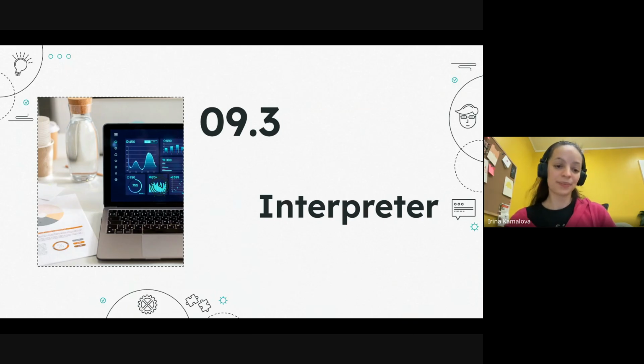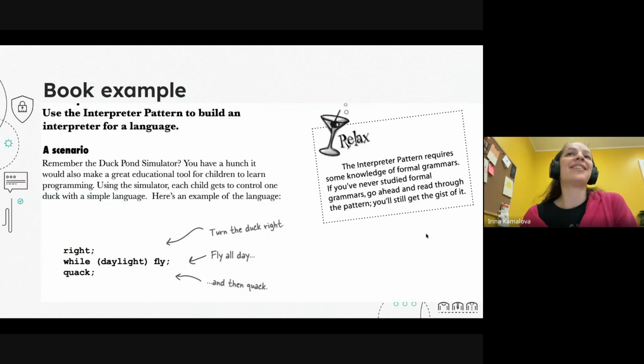Now the next one, interpreter. I hope I pronounce it okay. And this is more like designing your own language pattern. So the example from the book,